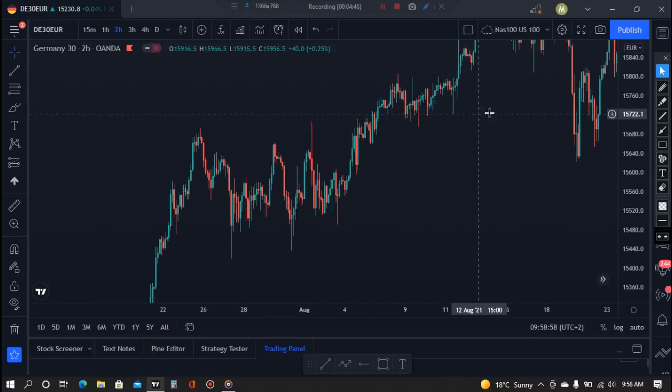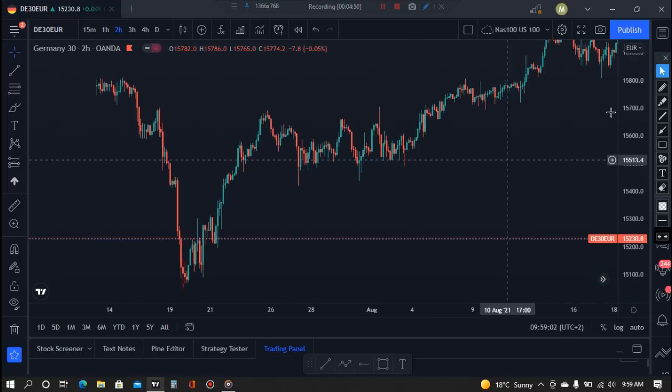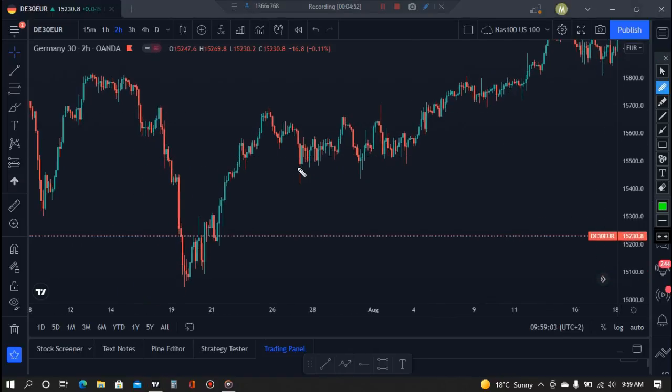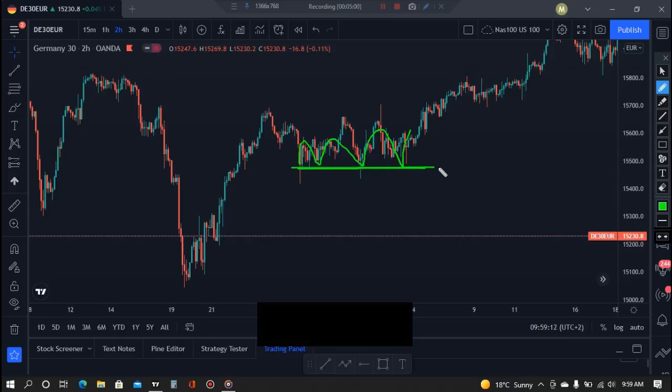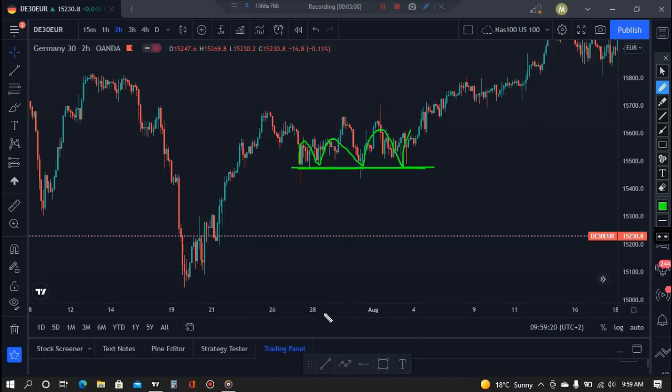So support will be something like where the market will come and something like here, where the market bounces back several times, then we call that a support. Remember, we also have a diagonal support where we just call them,